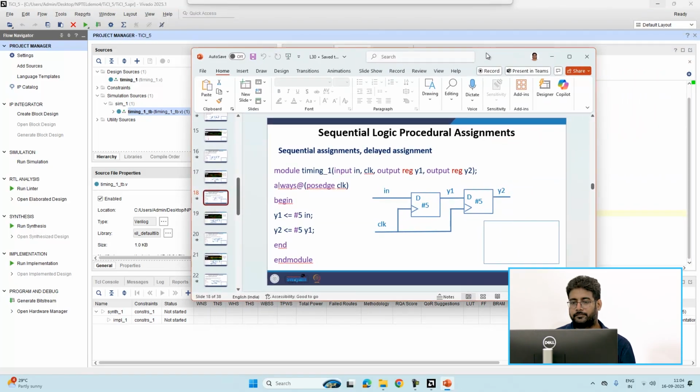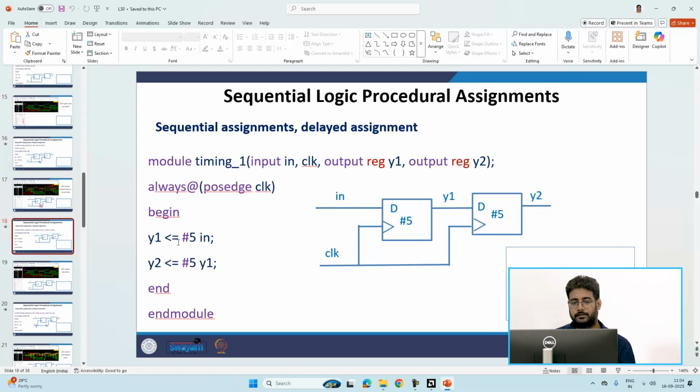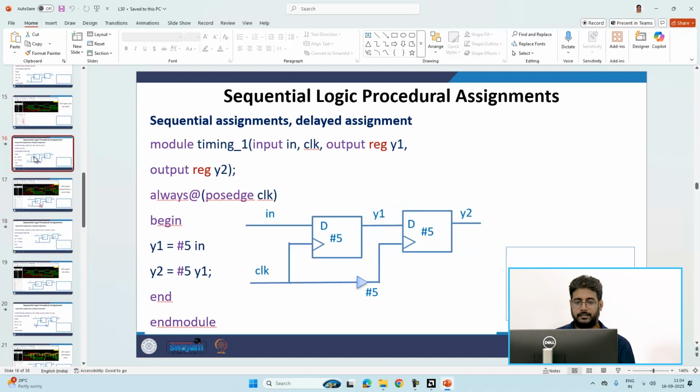In this example, this non-blocking statement is there. And this #5 input, it's like delay in assignment. So here it is, again, it's delay. This evaluation will also happen at the same time. So again, it is #5 here. So here also the delay is not in the clock, but in this D flip flop. While in this case,